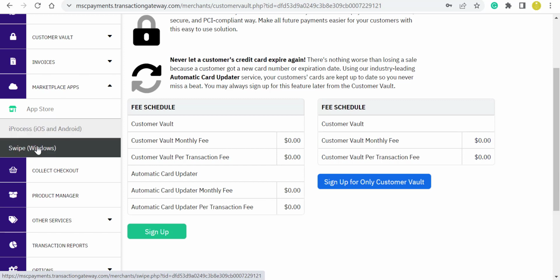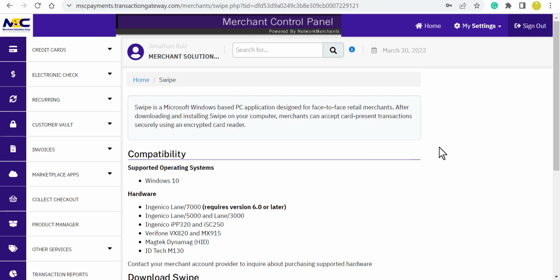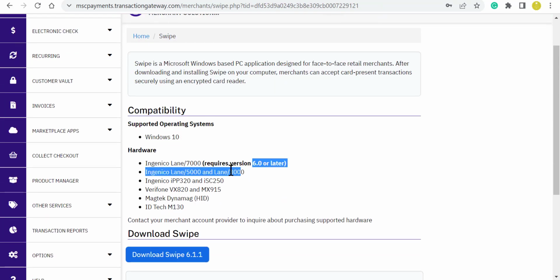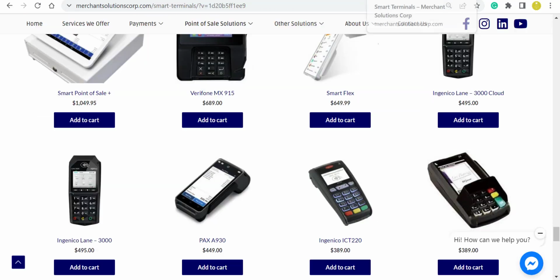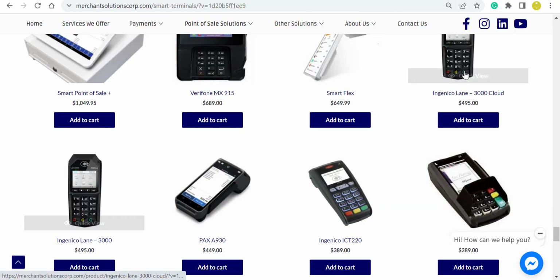On the other side, we use a swipe device. If you're in the office and you have a Windows 10 computer, we can connect an Ingenico Lane 5000 or a Lane 3000. The Lane 3000 is usually the most cost effective. We can use it